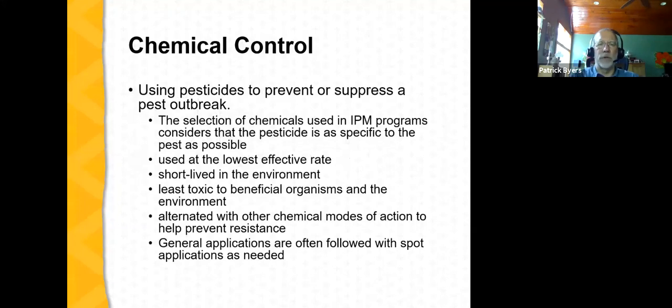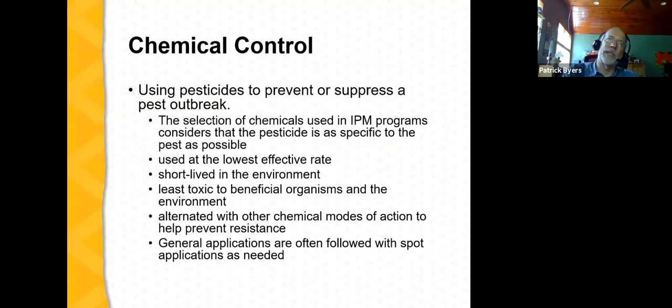And then finally, chemical control. And this is using a pesticide to prevent or suppress a disease outbreak. And when we think about the use of chemicals, this is a very deliberative process. It's not haphazard. It's not, well, I use that for one thing and maybe I can use it for something else. It's something that has to be a very deliberate decision from the standpoint of, first of all, selecting the right chemical. Secondly, selecting a chemical that can be legally used for the desired purpose.